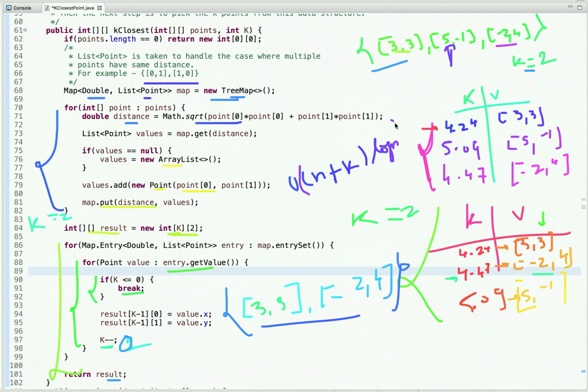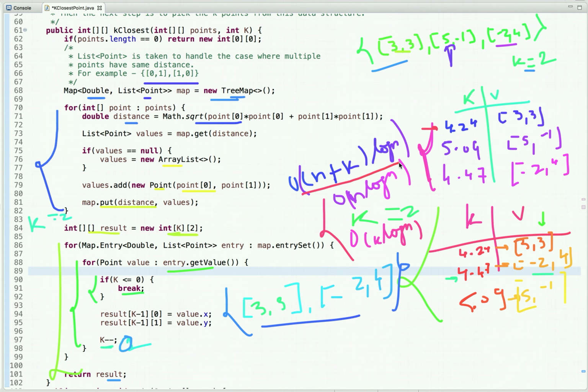To maintain the records in sorted order, it will take O(n log n), and to get the k records from the TreeMap, it will take k log n. For these two operations we can write it as O(n + k log n).